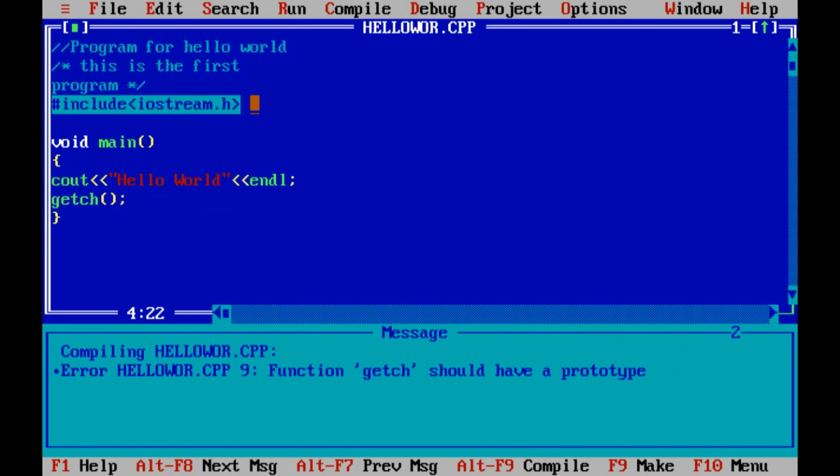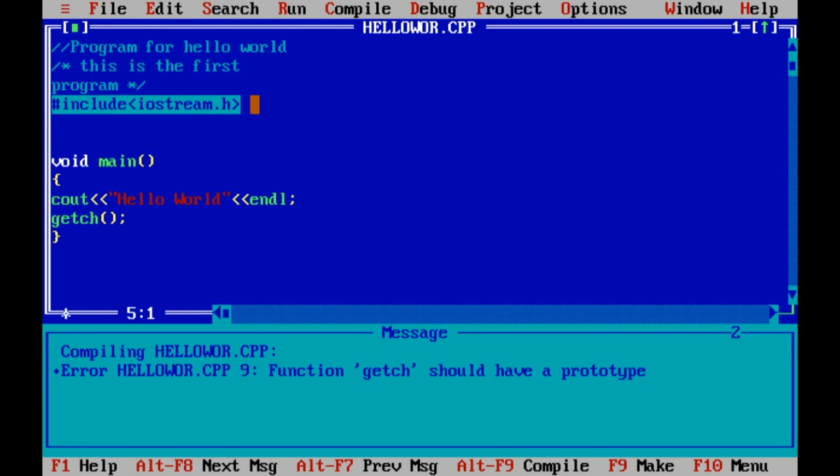That's why the header file that contains the getch function should be included in our program. The name of the header file in which getch is saved is conio.h, that is console input output.